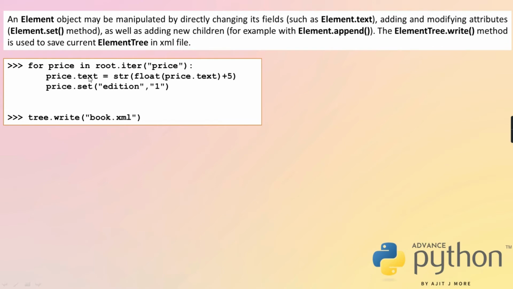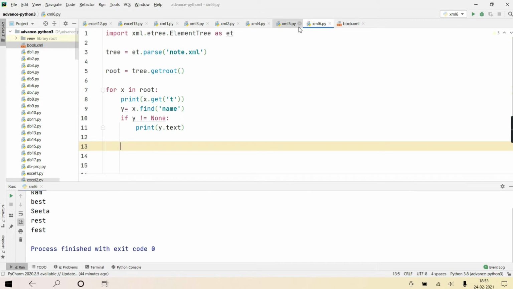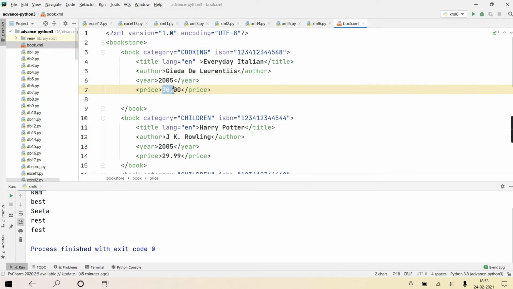You understanding? And to each child element with the tag name price, I'm adding one attribute called addition. And finally, I'm saving it again in book.xml. Getting? See, what is going to happen in this book.xml, every price value is going to increase by 5.